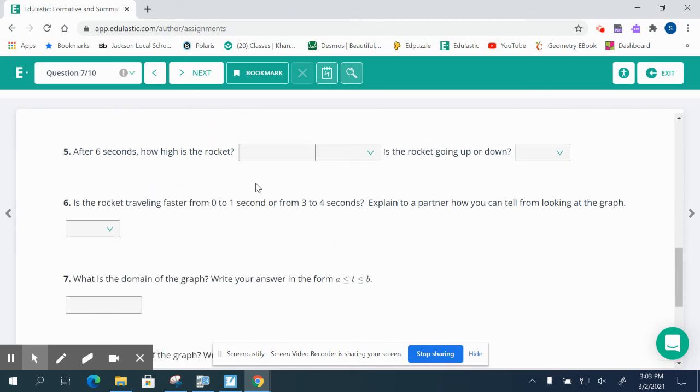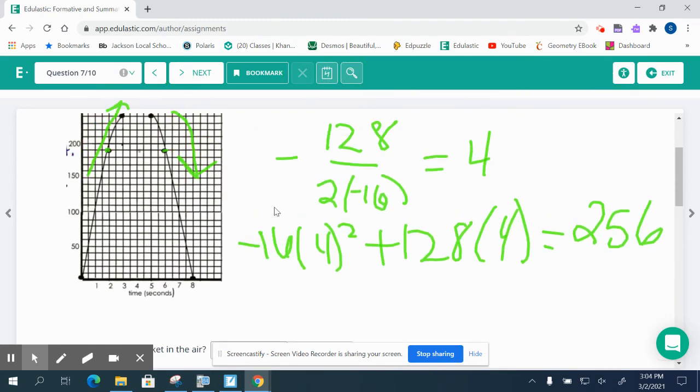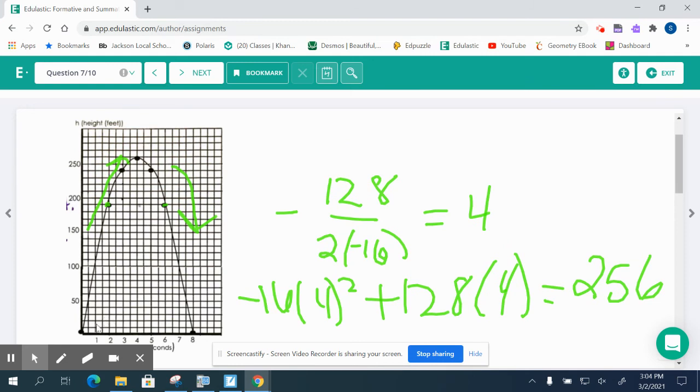So for 6, is the rocket traveling faster from 0 to 1 or 3 to 4 seconds? So for us, here is from 0 to 1 second, and then here's from 3 to 4 seconds. So which one is it traveling faster? Somebody in the other class said it was this one because it's traveling a greater distance, and that is exactly correct. Okay, because this part is steeper than this part, it's actually moving faster here,